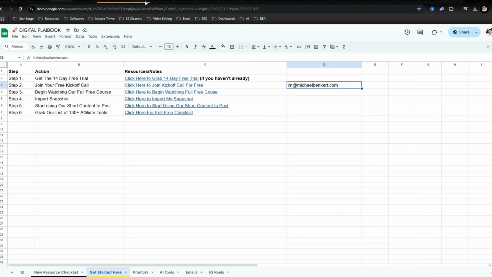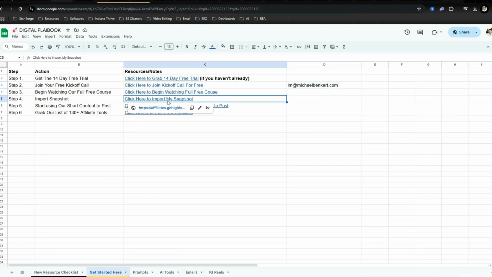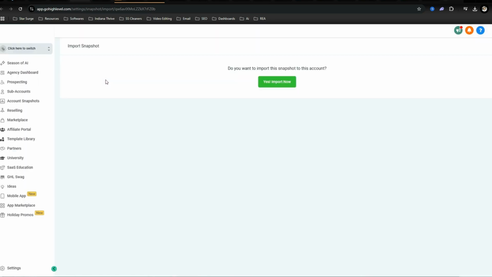But all right, once we have Go High Level right here, what you're going to want to do is go ahead and import my snapshot. What a snapshot is, it basically takes all of my systems and frameworks that I'm using in my account, and it's going to directly import them into your account. So all my custom values, all my emails, all my sequences, all my funnels, everything like that gets directly imported